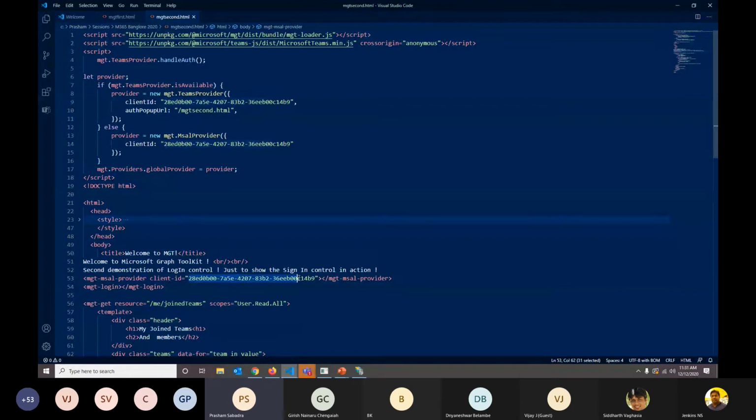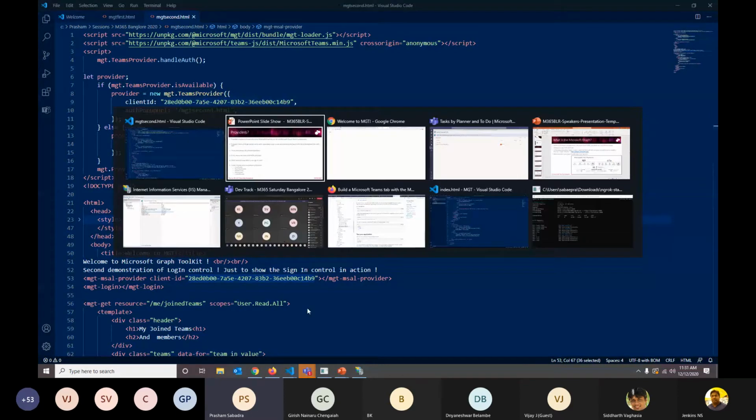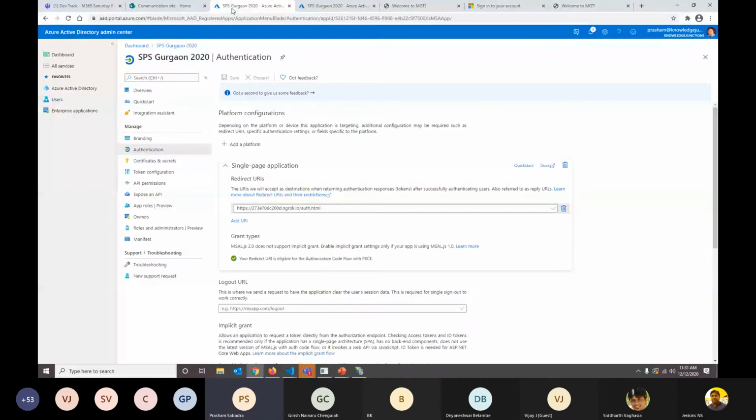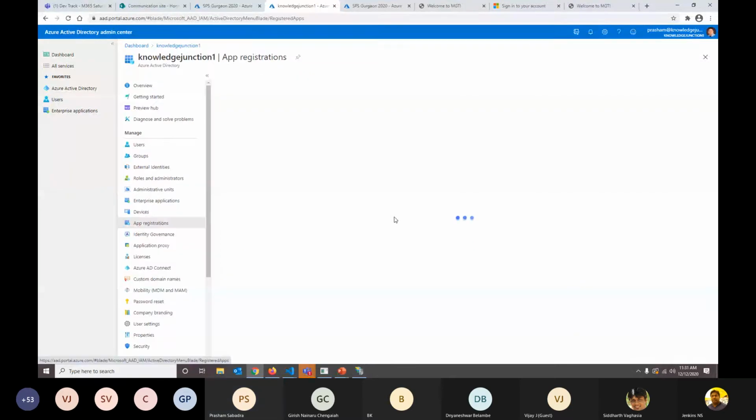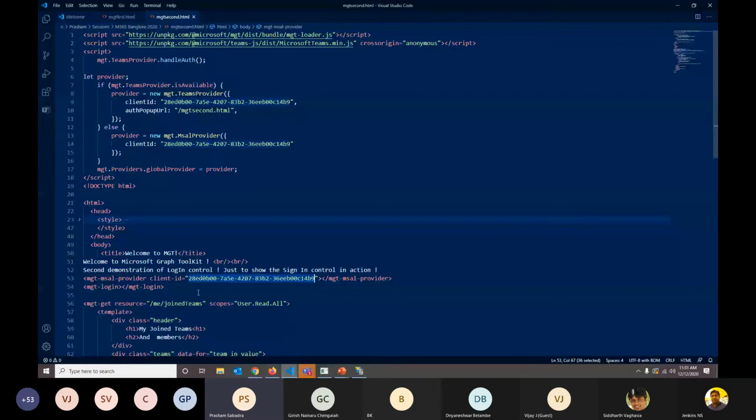this is a different one. I'll open a new window. There are two apps I'm using for this. While it's loading, the point is that here we just need to specify the client ID, and everything is abstracted for us.